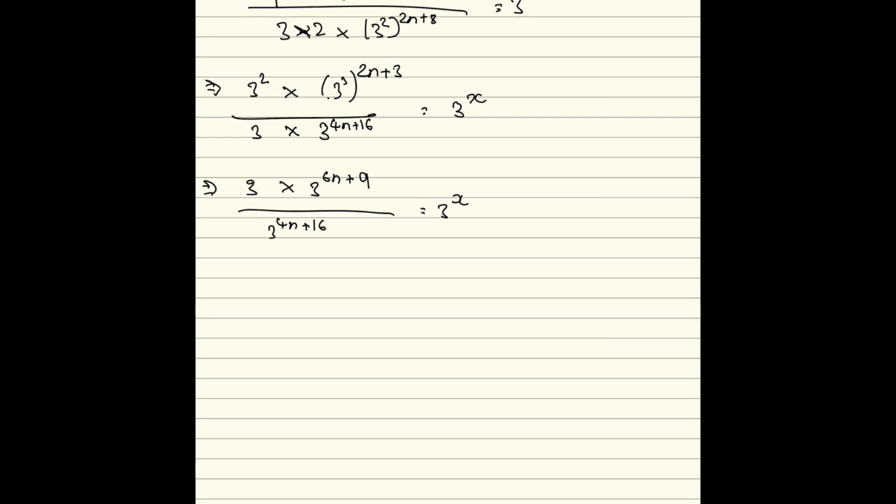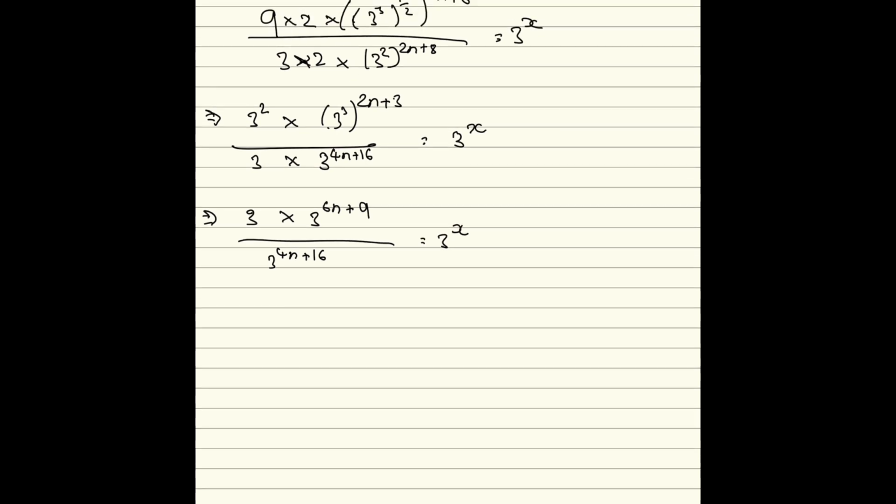Then I've got, be careful here. Yeah, just being careful because I forgot to look at both of these. Oh no, I'm fine actually. I'm okay, because I cancelled. Okay, ignore me. So this implies that we've got 3 to the power of 6n plus 10 over 3 to the power of 4n